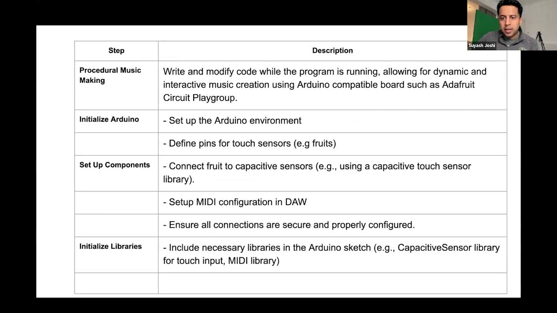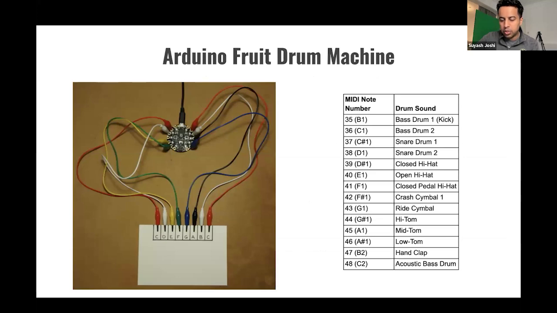And then your code, all it's doing is detecting touch at a certain threshold value. And when that happens, it detects which pin was touched. And then that pin number is mapped to a corresponding MIDI drum value, like we saw in this table. So if pin number 5 was touched at a certain threshold, then we trigger 39, which is a closed hi-hat. And that 39, the closed hi-hat,